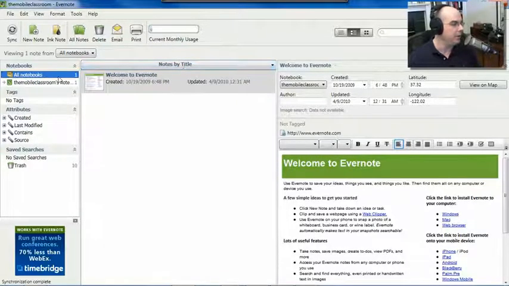I only have one notebook. This is as if I was to install this right from the beginning. This is what it looks like. This is my mobile classroom notebook, and I have just one notebook that was created automatically with my Evernote username in here. And Evernote automatically puts a note in there to get you started that says, "Welcome to